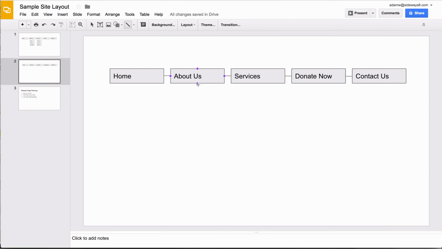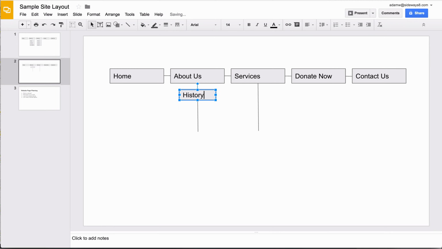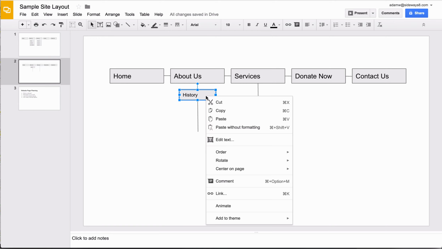So again, I'm going to go back to my line tool. I'm going to start at this dot and just draw a straight line down. Then I'll do the same thing here. Then I'm going to go back to my rectangle. I'm going to draw a slightly smaller rectangle so it's very evident that this is a smaller page, or a lesser page in a sense. It looks about right. And I'm going to go ahead and put in history. And I'm also going to go ahead and make that text smaller so that it's very evident that this is a smaller subpage. And then I'm going to copy this,